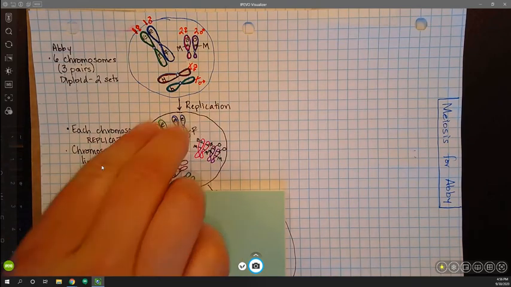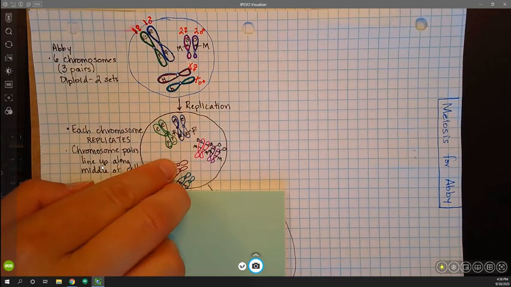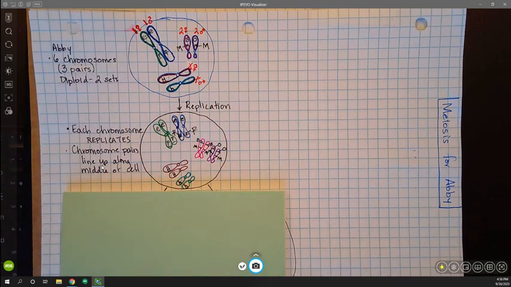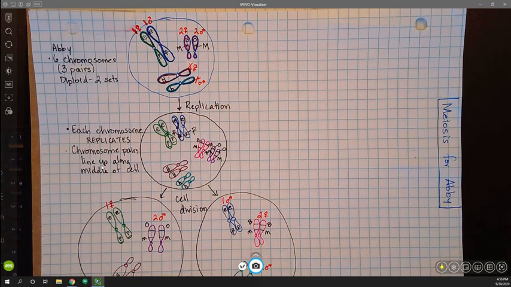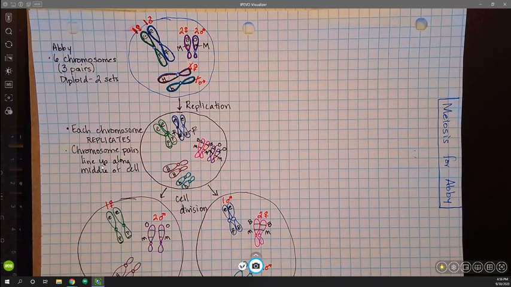So these 2 would line up in the middle. These 2 would line up here. These 2 would line up somehow in the middle, and they would get ready to split into two cells. That's the first cell division. So cell division occurs, and when cell division occurs,